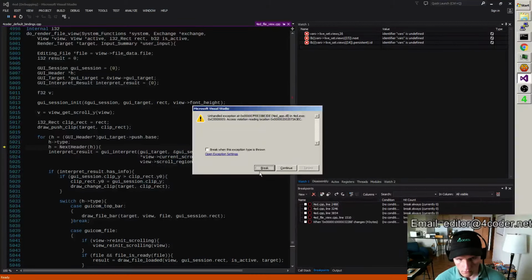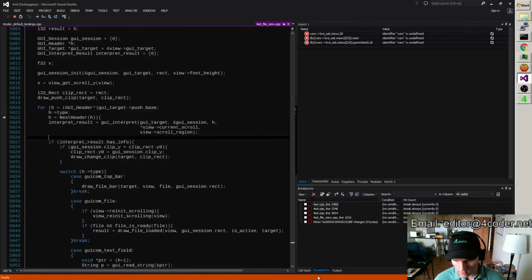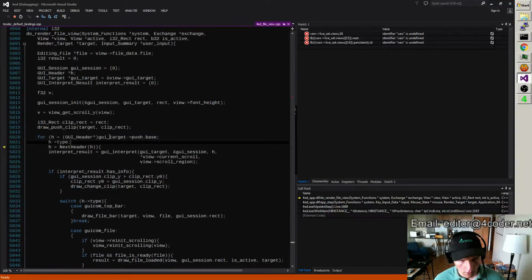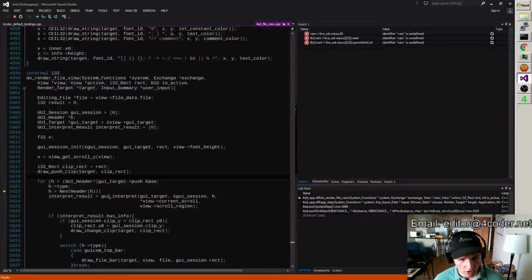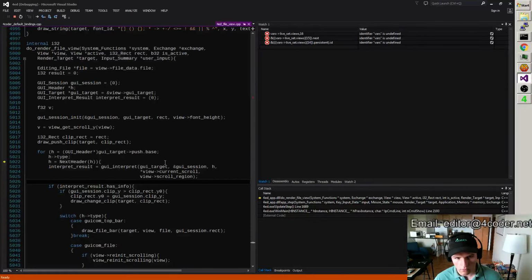Uh-oh. Huh. Look at this. Do render file. Did I go out of bounds, or what happened here? Base. This is just during a rendering loop, so it's just the next header somehow got messed up. Very interesting.